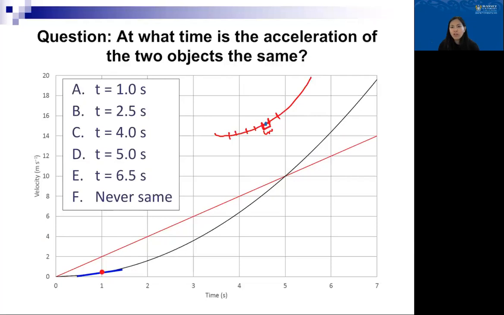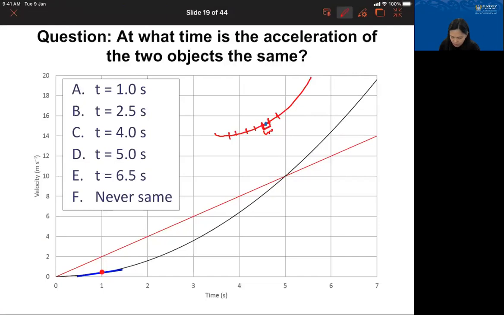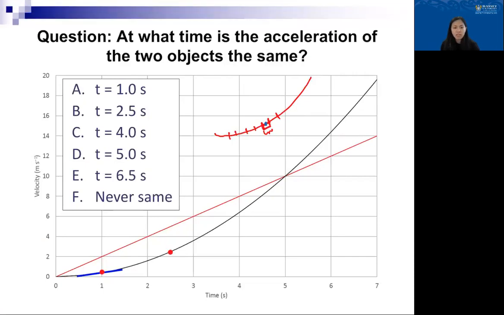So at which point will the two objects have the same acceleration? So we've drawn now at 1 second this tangent line. Okay, at 2.5 seconds, where is 2.5 seconds? 2.5 seconds is here. Okay, draw the tangent line. It's a straight line that sort of grazes the curved line there. Right. So obviously at 1 second, you can see that the slope of the tangent is very different from the slope of this